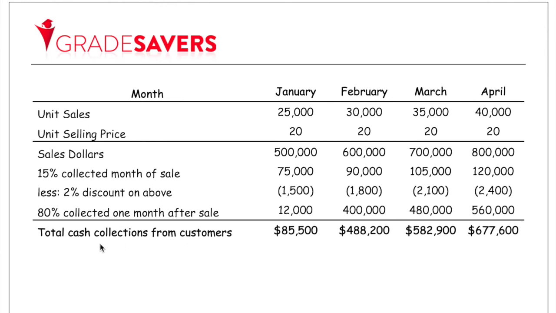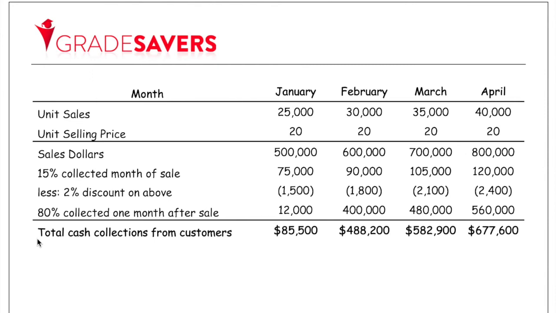So I can calculate the total cash collections from customers simply by adding the 15% that we collect in the same month, minusing the discount, and the 80% that we're collecting from the prior month's sales. And so at this point, we should have successfully finished our sales budget and our schedule of cash